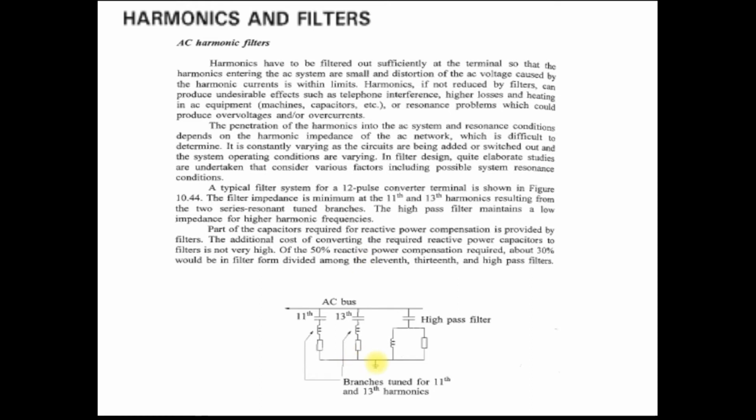So the AC filter has two purposes. One is to provide sufficient reactive power, and the second is to avoid any abnormal condition due to these harmonics, like over voltage or over current. In the same way at the DC side, we require the DC smoothing reactor to remove the